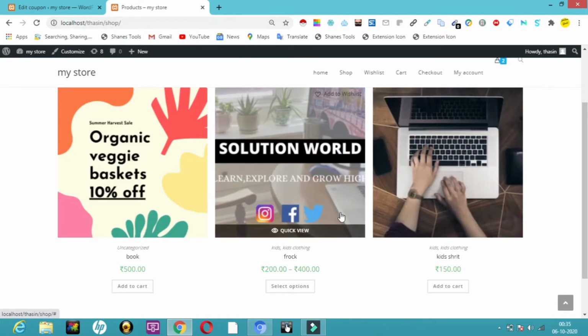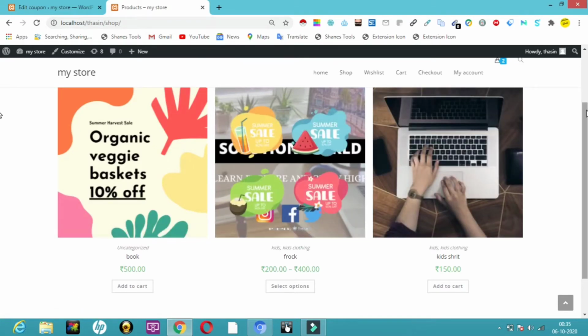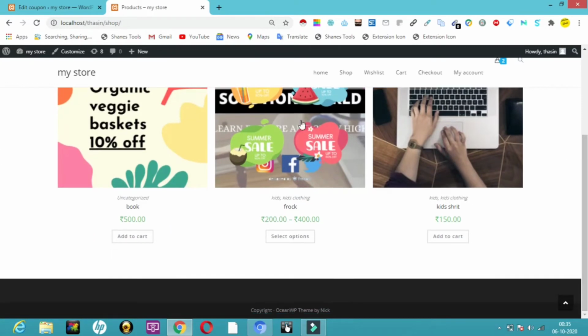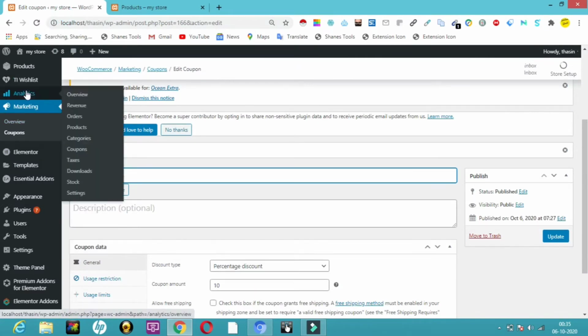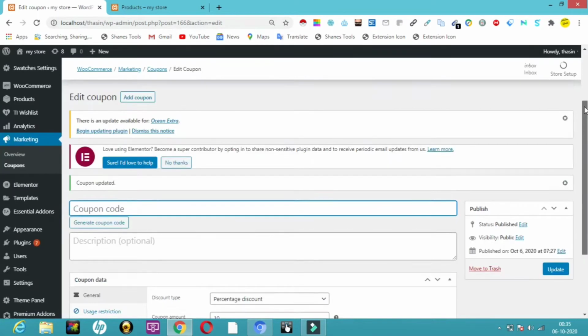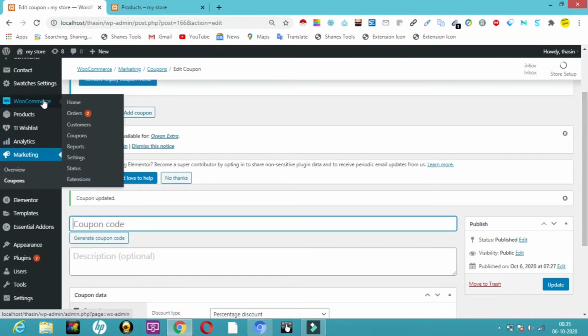Today I am going to have a coupon code which is going to help me give a discount to my customers. So let me first get into my dashboard, and all I have to do is get into WooCommerce. Let's search in our dashboard. Here you can see WooCommerce. If you hover over WooCommerce, you have something called settings. Just click on settings, and we have to enable the coupon code option.